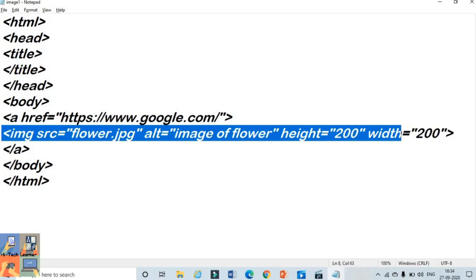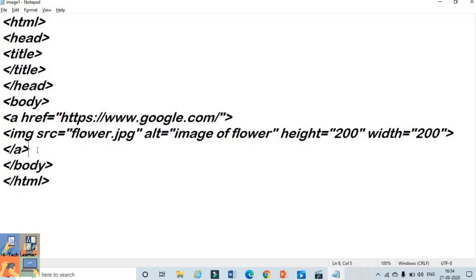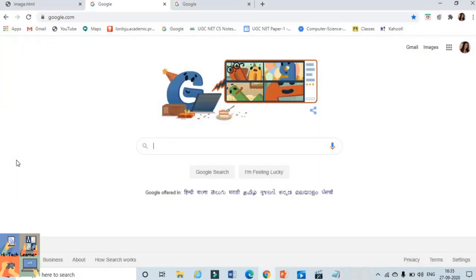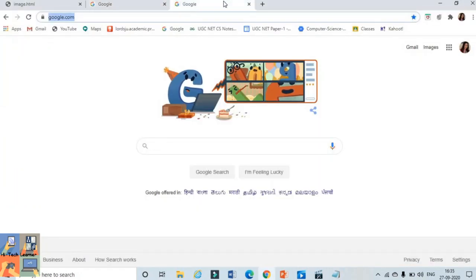In the same program we will see how you can set text as a hyperlink. Same for the text, again we will use the A tag, that is the anchor tag, href, hyper reference, and double quotes. In double quotes, for example, I want to open YouTube now, so we will paste the YouTube link over there.